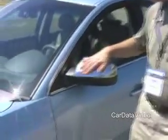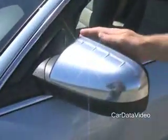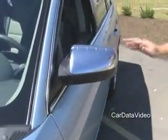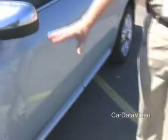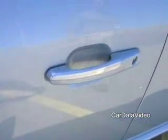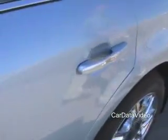We've worked very hard to ensure a full amount of Mercury differentiation in this car so that the Mercury customer has a car that they're proud to own and is distinctive and different from any other car on the road. We've also got mirror skull caps that are finished in satin aluminum. You can see it's a little shiny today. It's a nice sunny day here in Dearborn, but these are beautiful, and the satin finish carries forward across the side of the car with the door handles with a satin finish, and then around to the rear of the